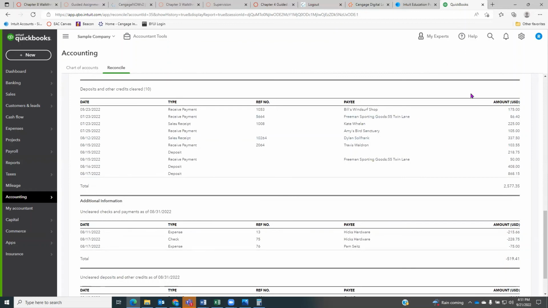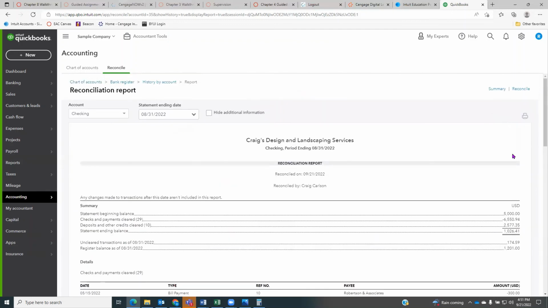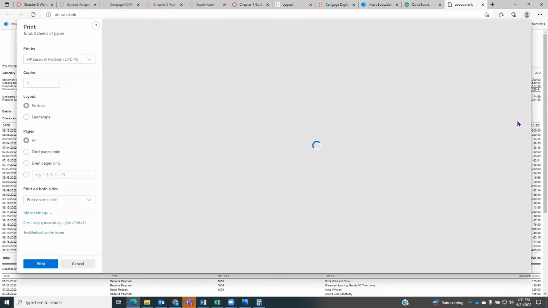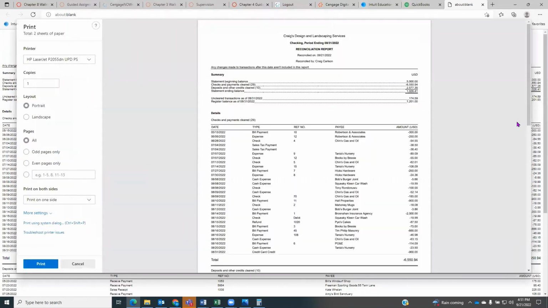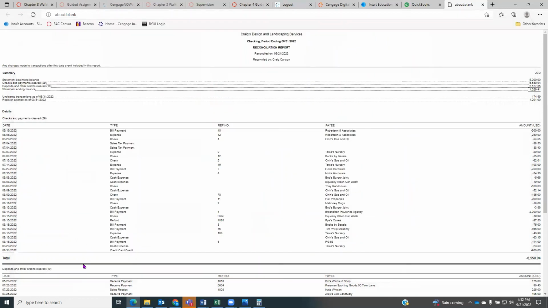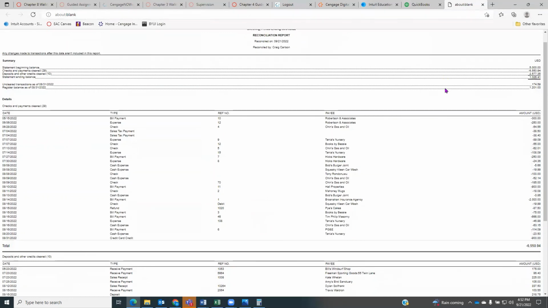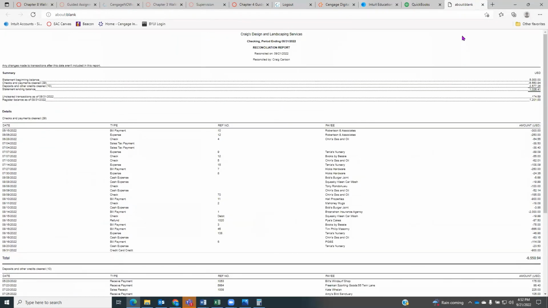Step 14, it says click the printer icon and print it. You don't need to print this thing out, but you do want to save it as a PDF, and then you will be able to submit that as your assignment for use the proof that you completed the assignment. So this one, which is interesting, this report, if you check it out, it does not give us,